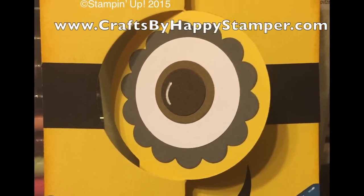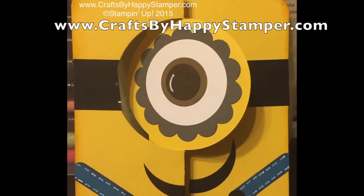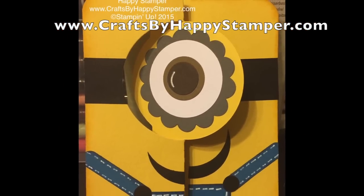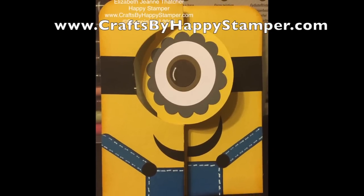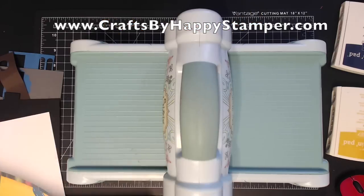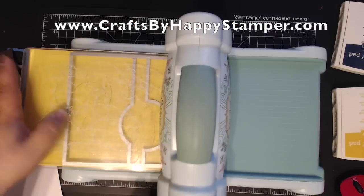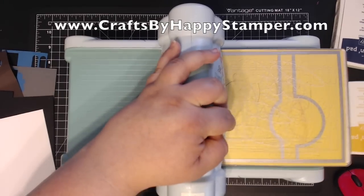Today I'm going to show you a quick video on how to make this Minion card. It's just a simple punch out card, but it looks super cute and it always has a big impact with the receiver. This card specifically was requested by a friend at work for her daughter who loves Minions, but who doesn't love Minions? So first I'm starting with the Circle Thinlit die from Stampin' Up, and I'm die cutting